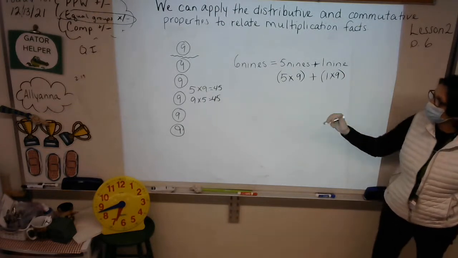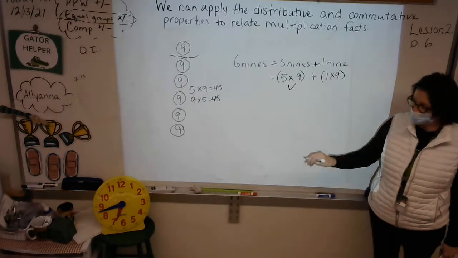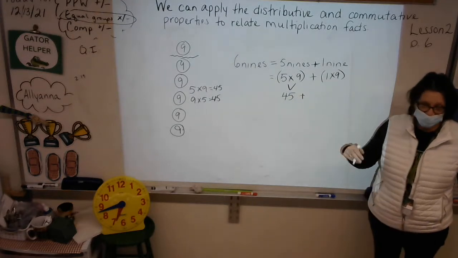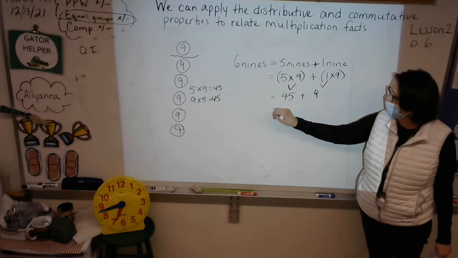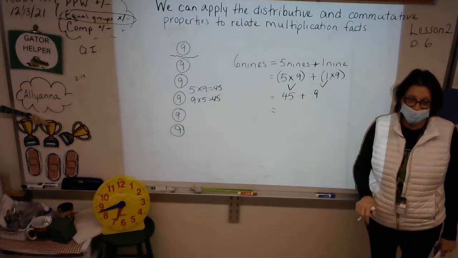Okay, we've already done the work. What is 5 times 9, class? 5 times 9 is 45. And oh my goodness, 1 times 9, that's easy. That is 9. And what do we get when we add 45 and 9? Take a second and do that in your head. 45 plus 9 is